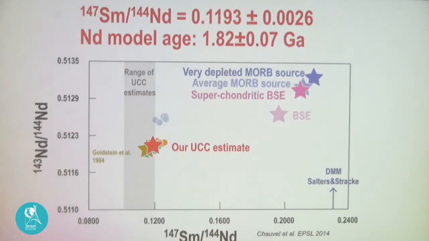So we can go one step further and we can calculate the model age using the neodymium data that I just showed before. And so we plot the parent-daughter ratio here versus the isotopic composition here. All the data points are stuck behind the big star here, and that gives us an estimate for both the neodymium and the samarium-neodymium ratio. Having these two parameters, we can calculate an age, and we get a model age that is not very old, as a matter of fact, is 1.8 billion years. Okay.